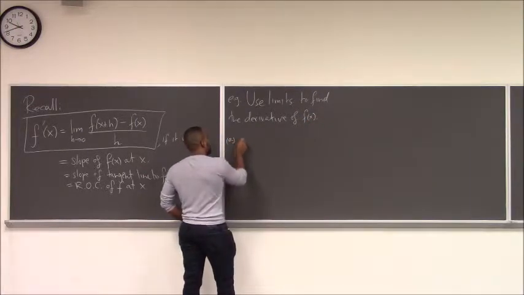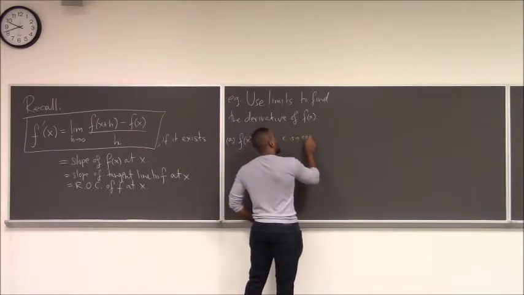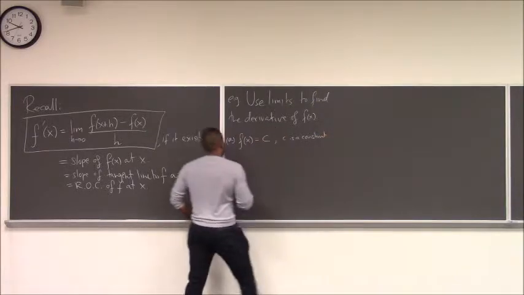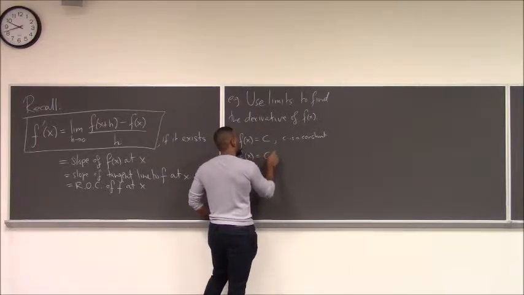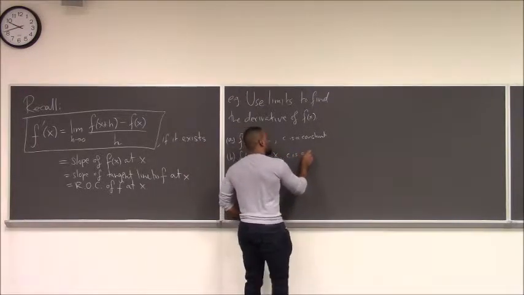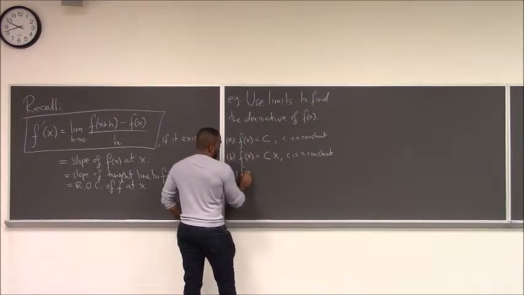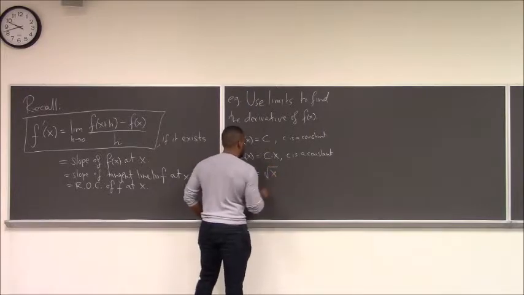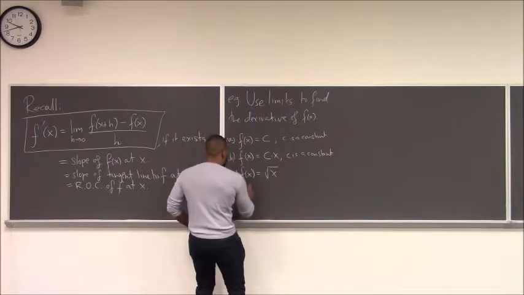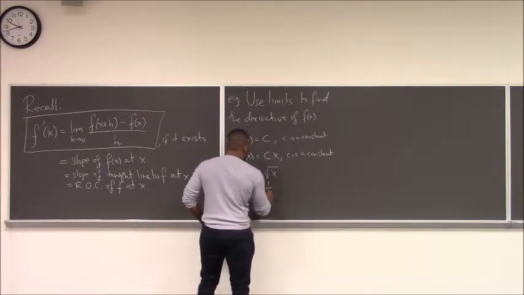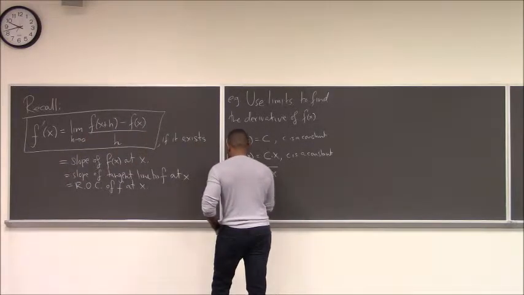Let's do some examples here. Let's say f of x is c, where c is a constant. B, let f of x equal c times x. Again, c is a constant. C, let f of x equal the square root of x. We're going to find what the derivative of that looks like. D, f of x equals 1 over x. I'm going to find what the derivative of that looks like. And E,